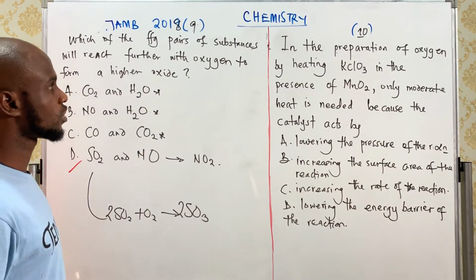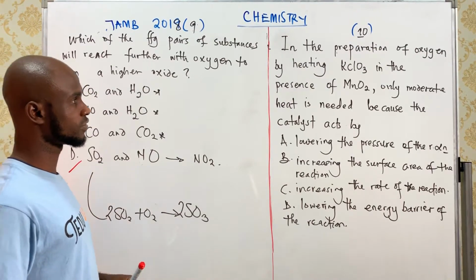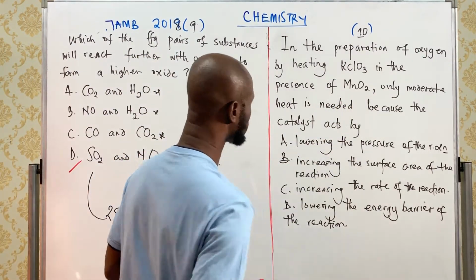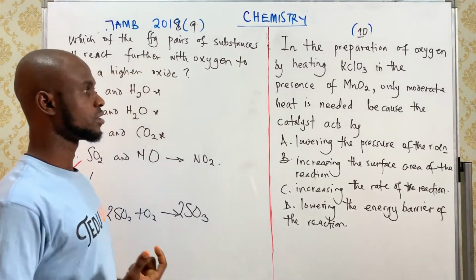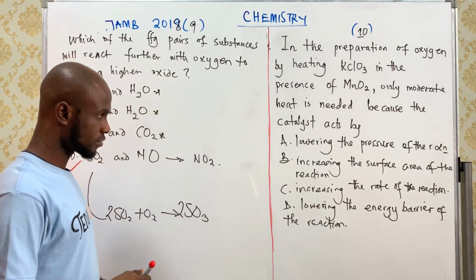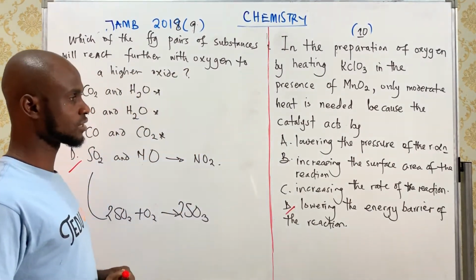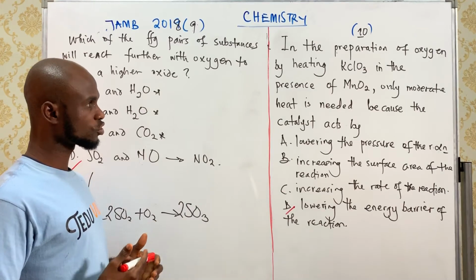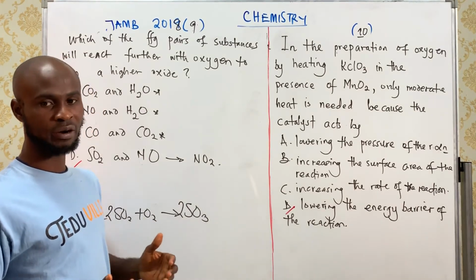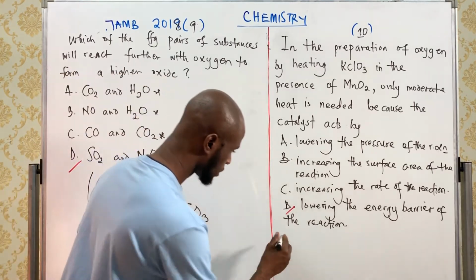In the preparation of oxygen by heating potassium trioxochlorate in the presence of this catalyst, only moderate heat is required because the catalyst acts by A. The answer here is D. The reason is the function of the catalyst is to speed up the rate of chemical reaction by lowering the activation energy. And when you say activation energy